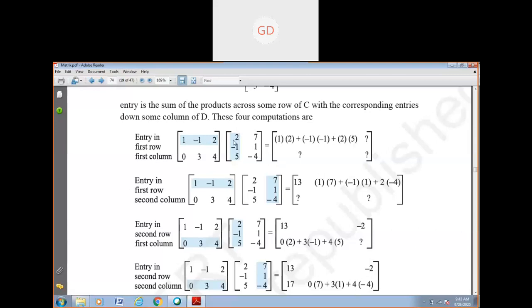Just observe one by one. The first element, first row into first column, is this one, and the result, in the next step, is 13. And for the second element of the first row, there is a question mark here. How will we get this element? We get it by multiplying the first row by the second column, corresponding elements. That means 1 into 7, minus 1 into 1, and 2 into minus 4. And this gives us, in the second step, you see,